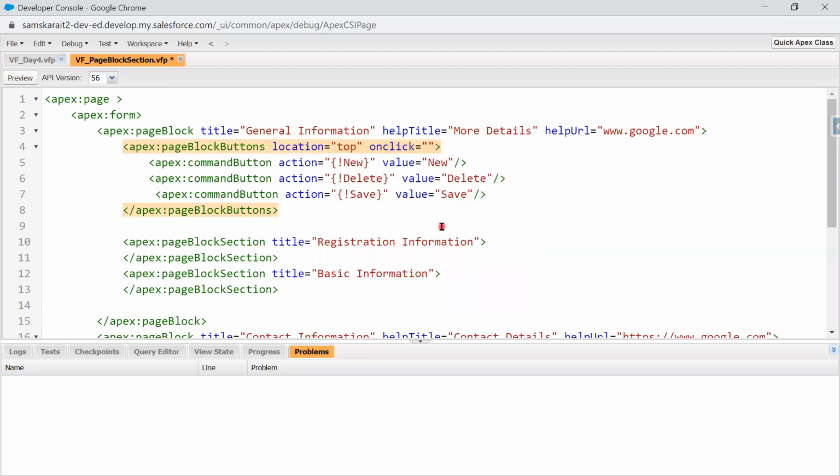Onclick is nothing but when you click on that button, for example, you wanted to customize it. There is a button and you wanted to customize that. Now, when you click anywhere on that page block button, I need to execute some logic. We use onclick only when you are building custom logic. For example, I am building custom logic called new logic